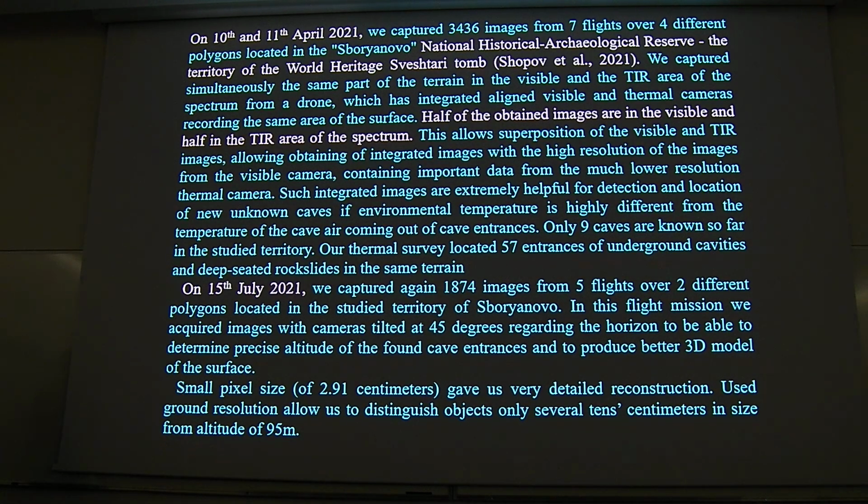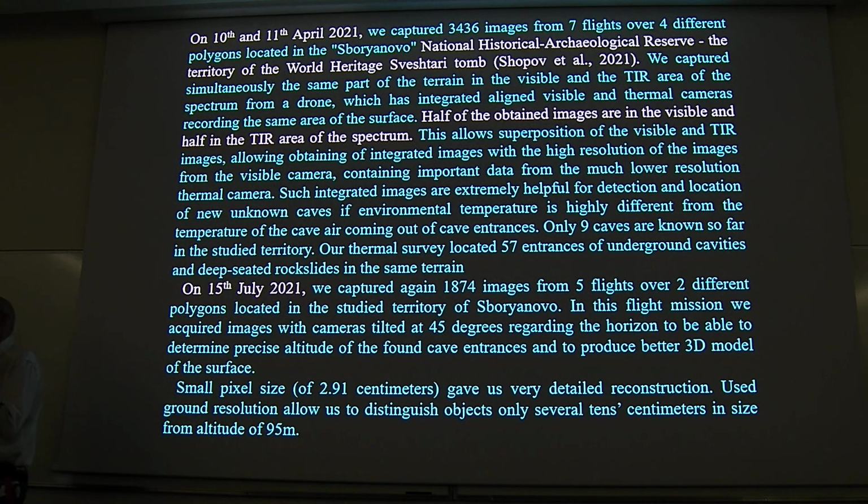from the sky. So in fact in April last year we took 3,436 images from 7 flights over 4 different polygons in one region in Bulgaria, and we took simultaneously pictures of thermal imaging and visible pictures with a drone, and then superpose them in order to use the high resolution of the visible camera and